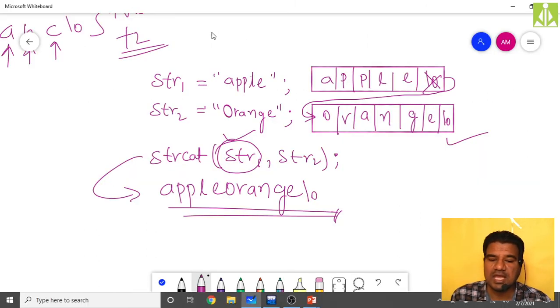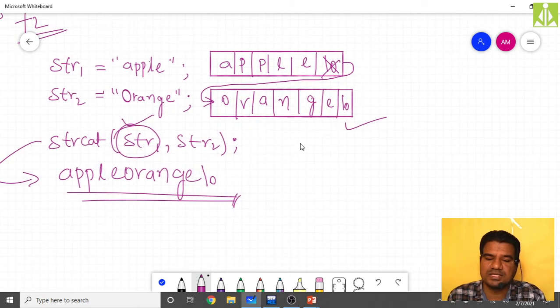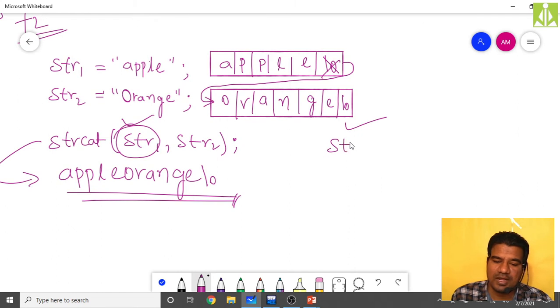For our case, if I took the size as, let us say, strncat, string concatenation length controlled, then I am specifying string 1, string 2, then 4 characters. Let us assume I have taken it like this. Then it will take only the 4 characters, 1, 2, 3, 4.